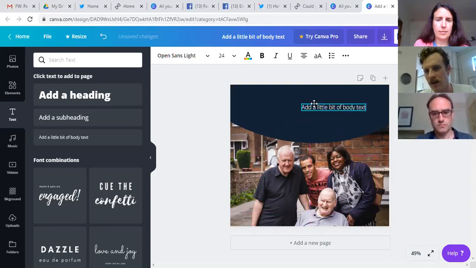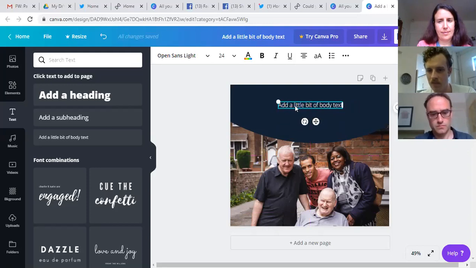So, I don't want it over there. But if I start dragging it over here, it starts to show me the center line of the image. And it's nice and symmetrical if I have that line going through the center of the text. So we have it up there. At the moment, it's got default text in it. So if we click within the box and double click it, it's now highlighted that text. And we want to get rid of that.